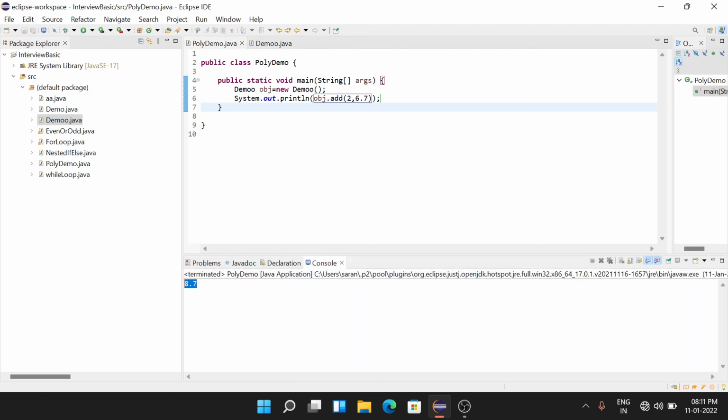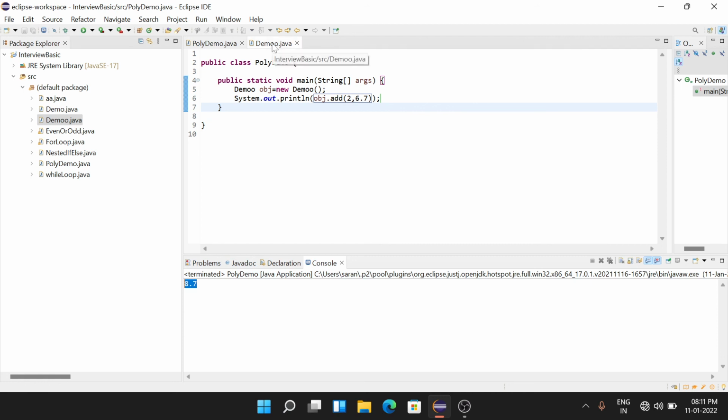So here it behaves in different forms. For integers it does addition. When we give string values, it concatenates. When we take double and integer, it adds. In that way it behaves in different forms based on the parameters.